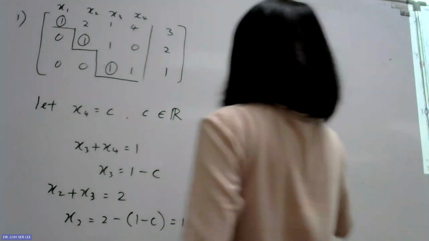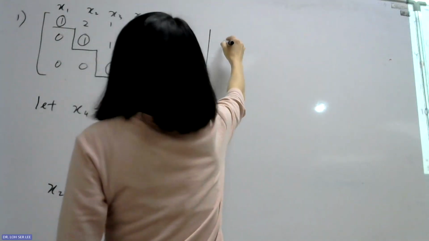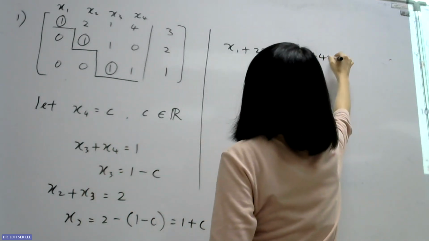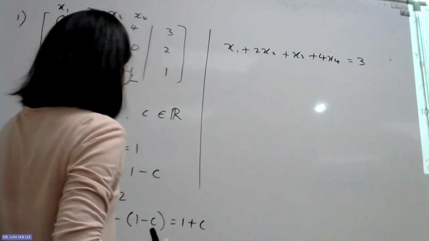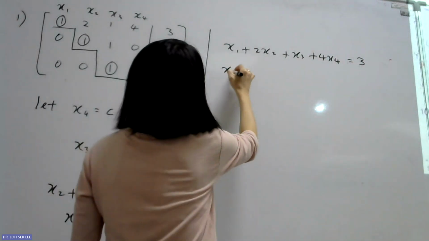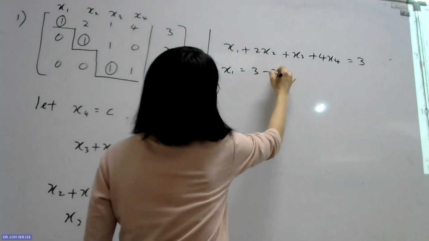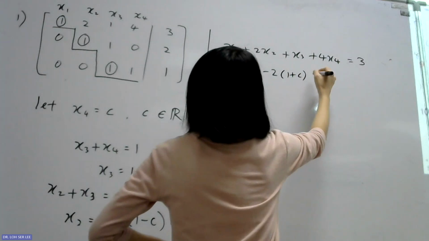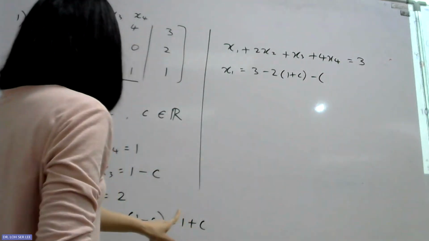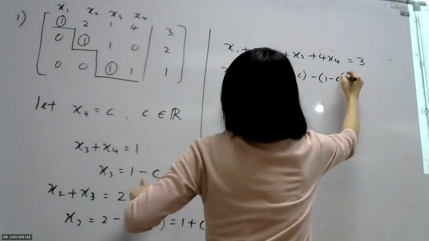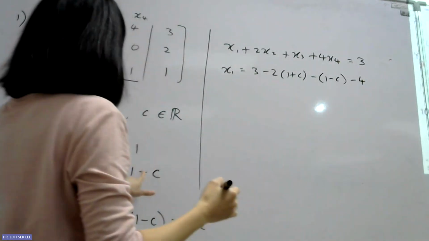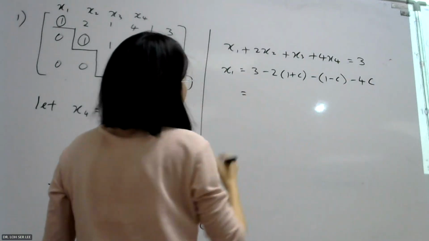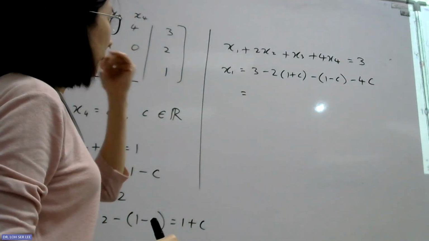Okay, from the first row, we have x1 plus 2x2 plus x3 plus 4x4 equals 3. So x1 is 3 minus 2x2, minus x3, and then minus 4x4. So when you simplify, you get